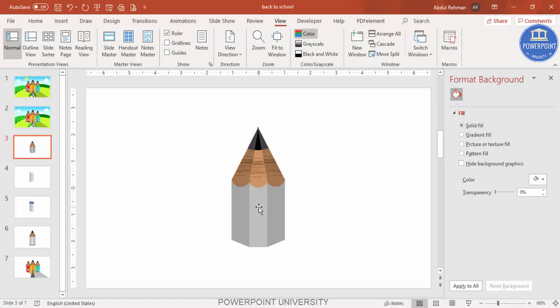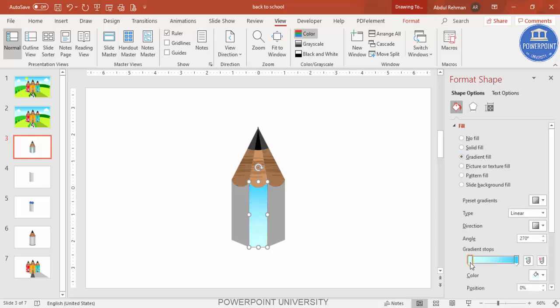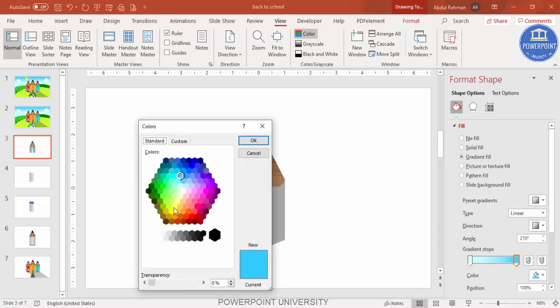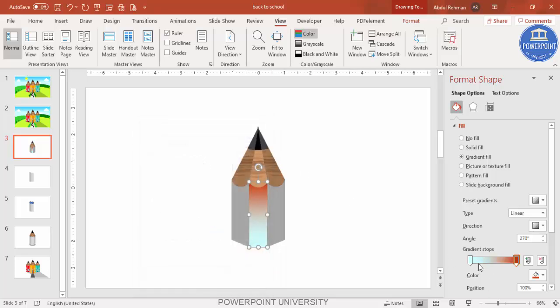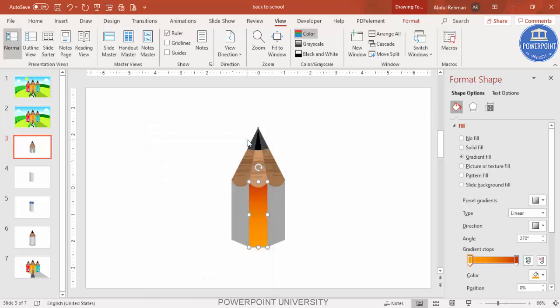Now it's time to change the color of the pencil. So I'm just going to select the middle part, then go and give the gradient fill. There are 4 stops by default, so I have deleted 2 and remain only 2. So I'm just going to select this shape or this top first, go to the colors, more colors, you can give any color of your choice. Let me just give this color, and this one I'm going to give a somewhat lighter color, something like this,